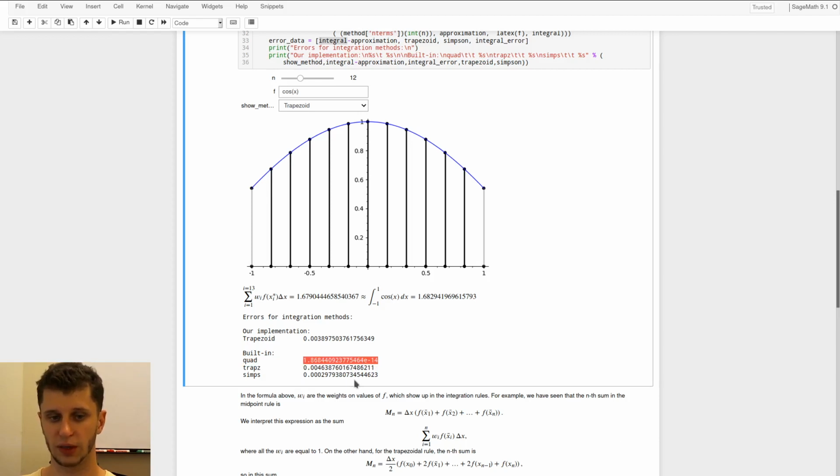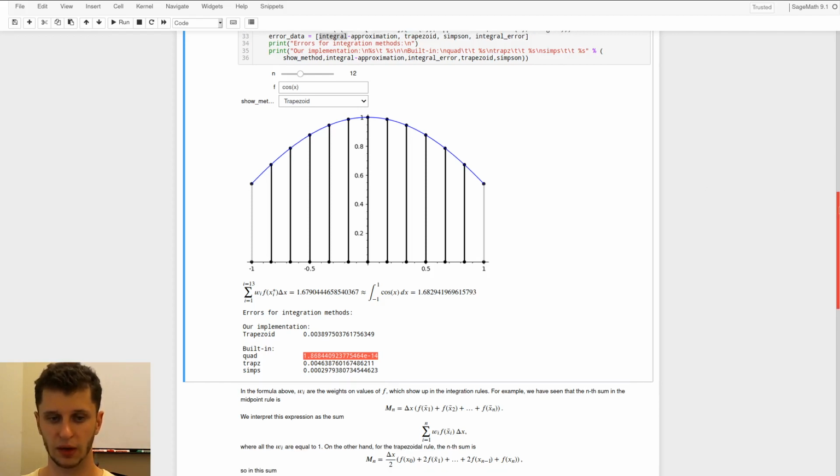That's the default built-in method for computing quadratures, or definite integrals, in SciPy. It also compares our output with the error of the built-in trapezoidal method in SciPy